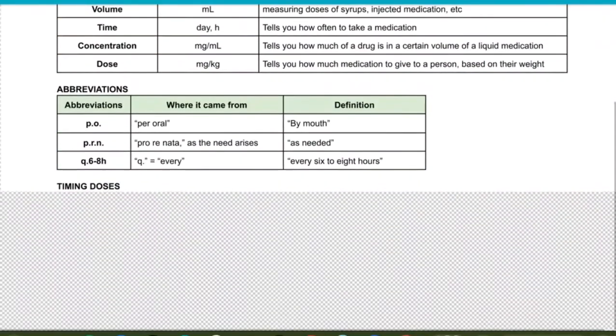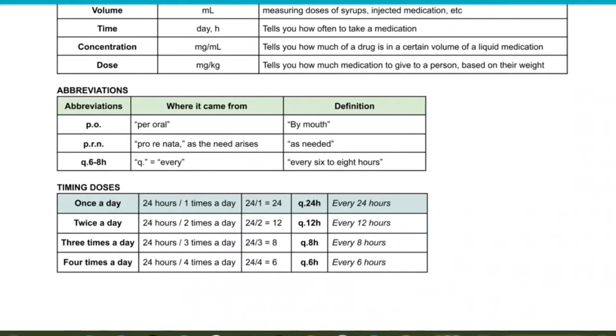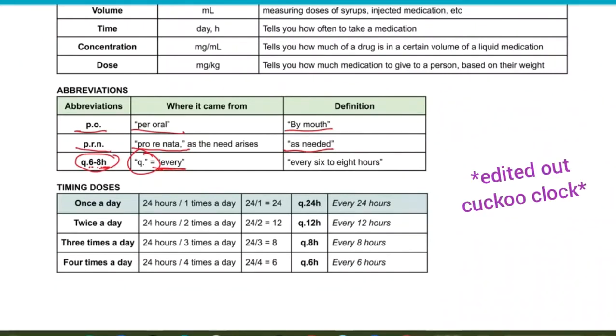And down here we have some common abbreviations that you'll see in the packet. PO means per oral, just means by mouth. PRN means pro re nata, which I think translates loosely to as the need arises. But when you're reading it, you can just kind of think of it as needed. When you see Q and then some numbers and an H or whatever, that Q just means every. So Q 6 to 8 hours means